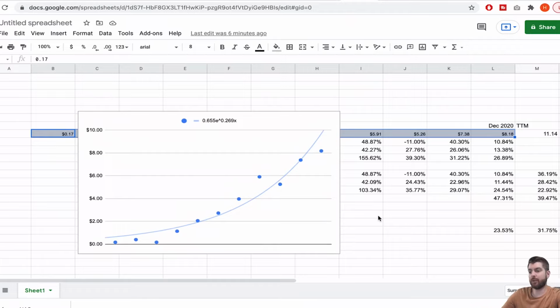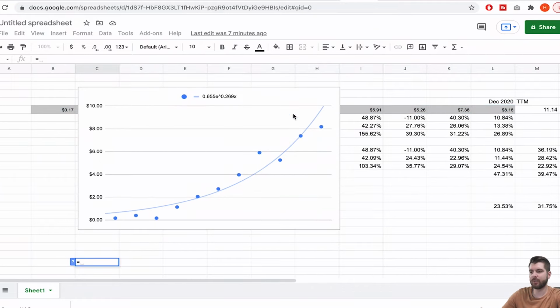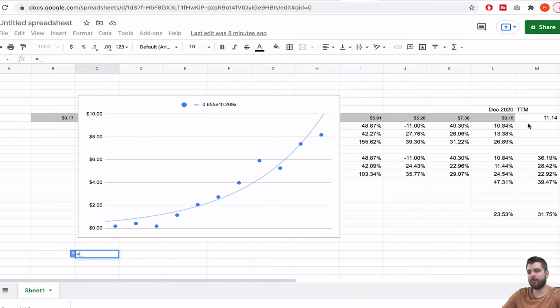All right, so from here, if we're going to value Facebook and figure out what the IRR of buying Facebook right now is, we could do a simple quick valuation, and we could say that instead of using 26 or 27%, which this is predicting, and instead of using 23%, let's actually just use 18%. And so we'll say if 11.14 is the free cash flow per share right now, if we said 11.14 multiplied by, say it grows by 18%, that would mean a year from now we'd have $13.15 for free cash flow per share. And if we were to continue growing it by